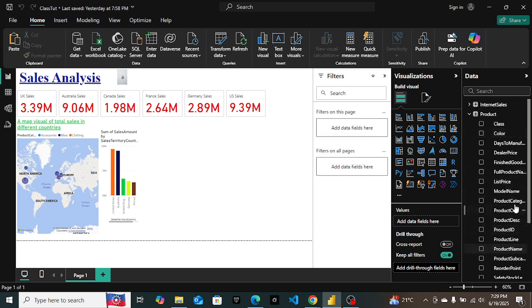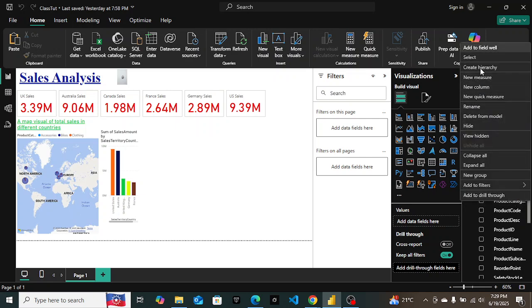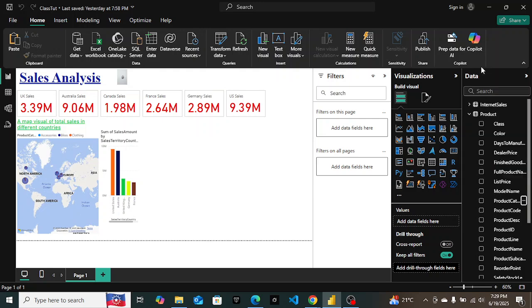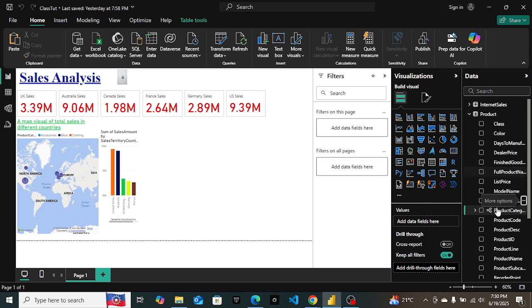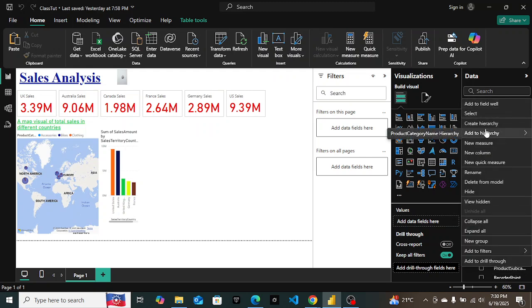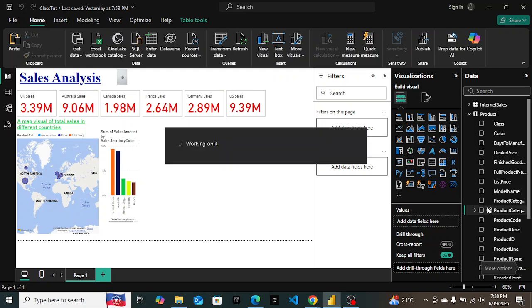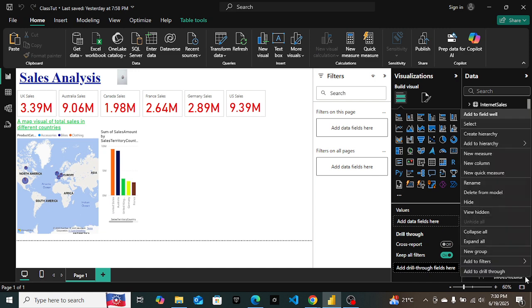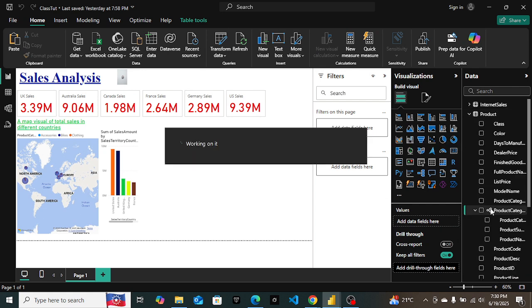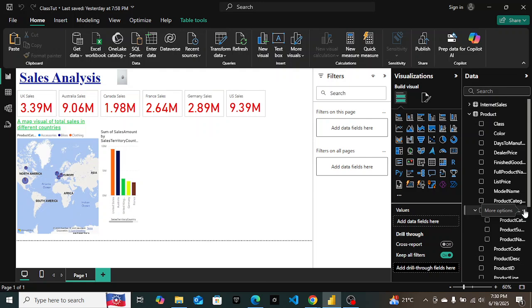And then from there I'm going to product category, it's here. Then I'm going to create a hierarchy. After just a minute, create hierarchy. Then you should have created the hierarchy. Then head on to product subcategory, it's here, and then I'm going to add to this hierarchy. It should appear. If I expand this one, you should have product category, product subcategory, and lastly the product name. Then add to hierarchy. I'm going to add to that specific hierarchy, and then I can rename this one. So if I rename it to product hierarchy,